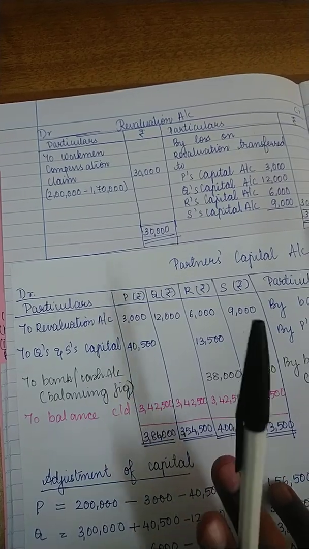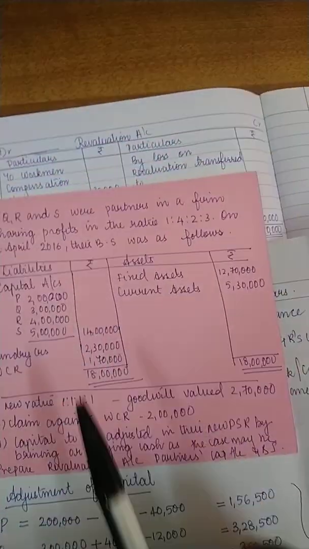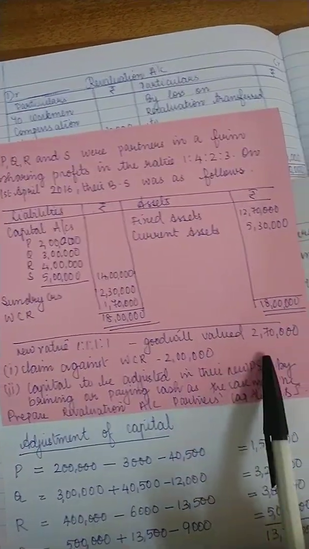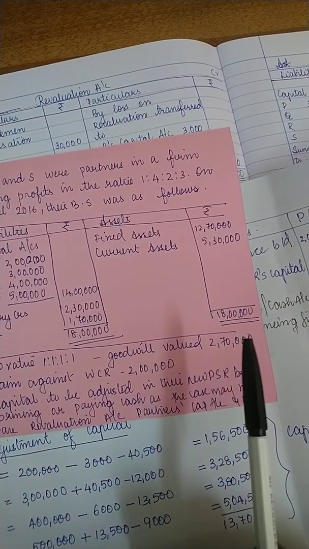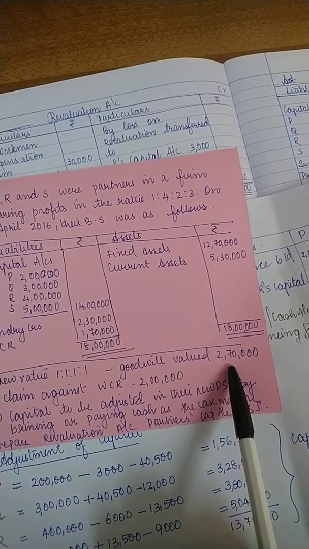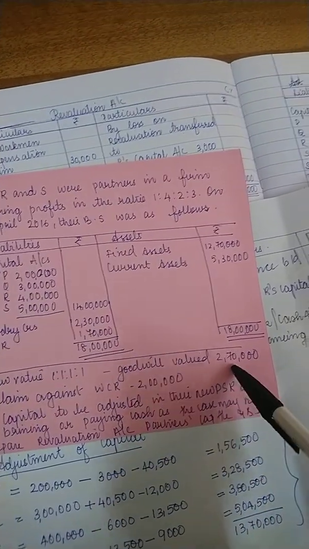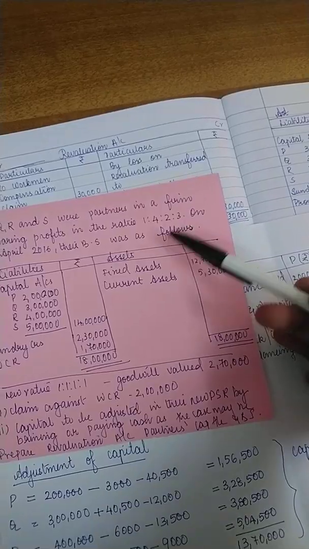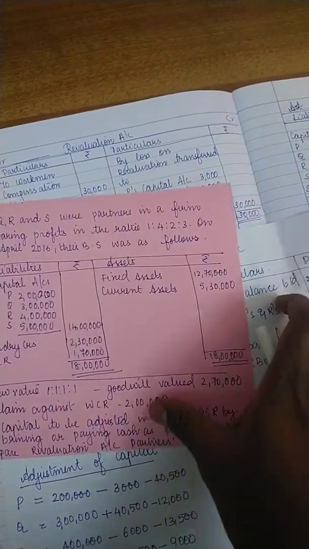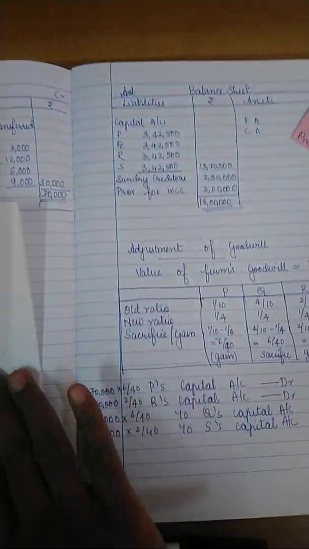Now I'm going to do the goodwill adjustment. Total goodwill of the firm is given in the question as 2,70,000. To adjust this goodwill, first I should find out who is sacrificing and who is gaining. The old profit sharing ratio is 1 is to 4 is to 2 is to 3, and the new ratio is equally 1 is to 1 is to 1 is to 1. Let's do the